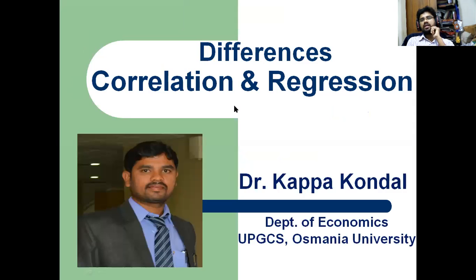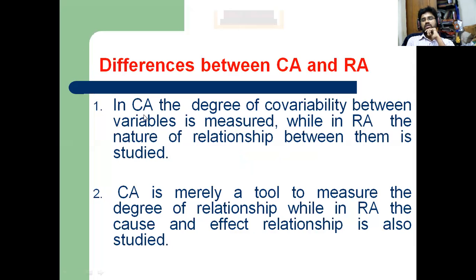Then what is the difference between correlation and regression? The main difference is that in correlation analysis, the degree of covariability between the variables is measured, while in regression analysis, the nature of the relationship between them is studied. In correlation there is a degree of relationship, whereas in regression the nature of the relation is positive or negative. In correlation, we see how much the strength is: 90% relation, 80% relation, 50% relation. The second one,